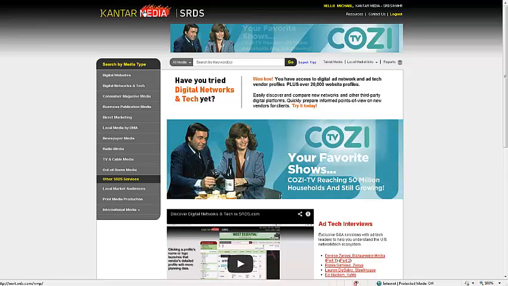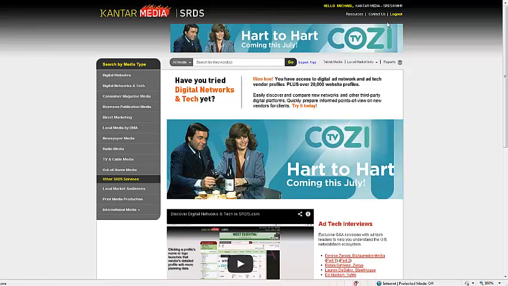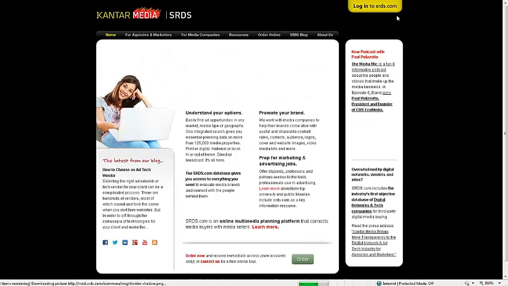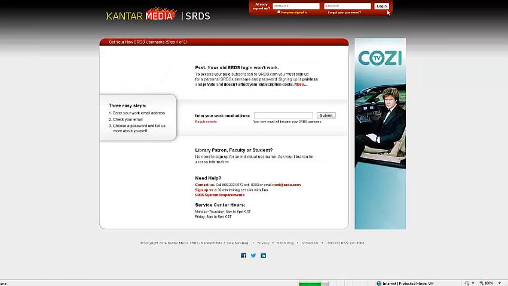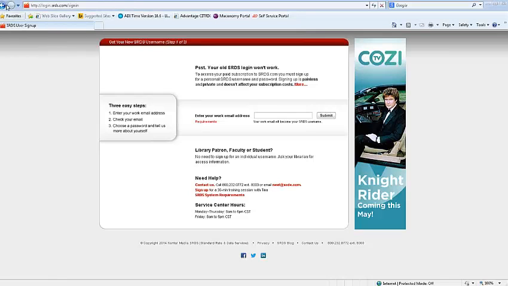Well, the first thing that you can do is make sure that you're registered. And if you haven't registered, it's easy to do. Just go to next.srds.com, enter your work email address in the center of the screen to begin that process. Once your password has been created and accepted, you can come back here and go to the upper right-hand corner to log in and start taking advantage of all of the services your company or agency subscribes to. Plus, being registered means that you'll receive regular updates from us about what's going on at SRDS.com, as well as what's going on in the industry.